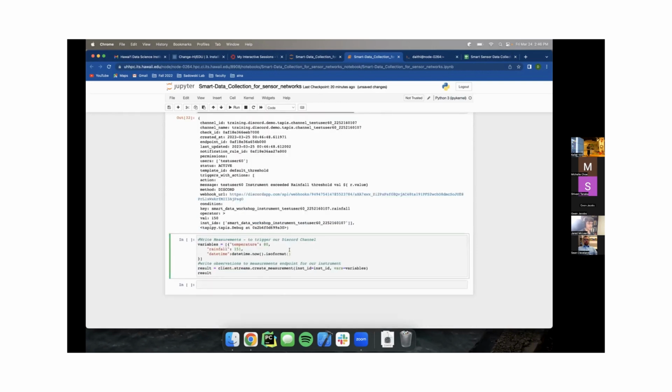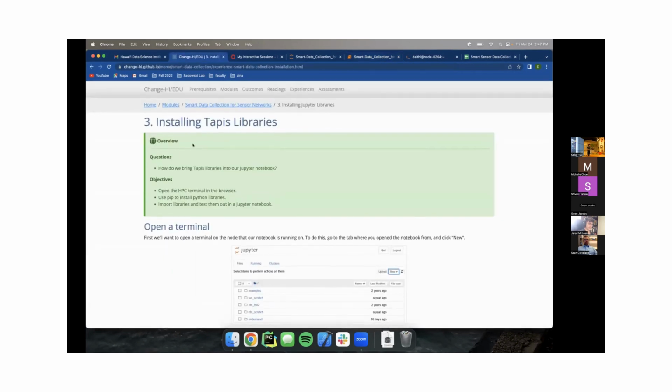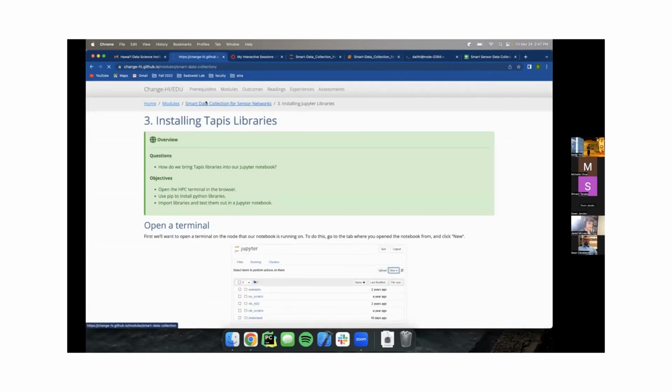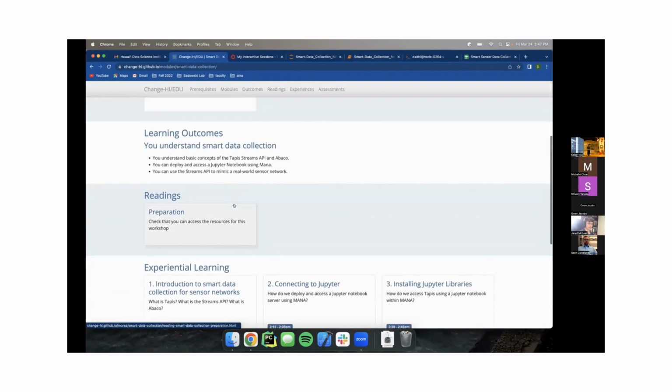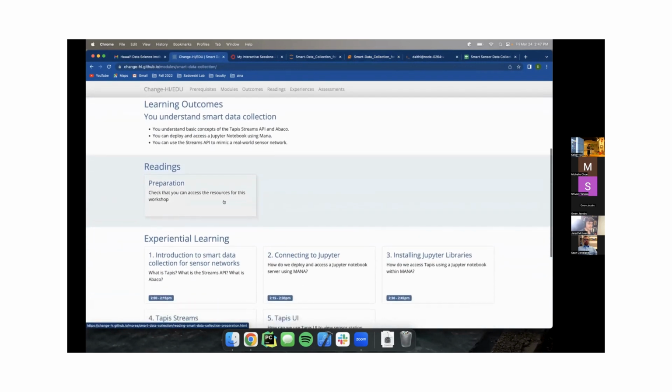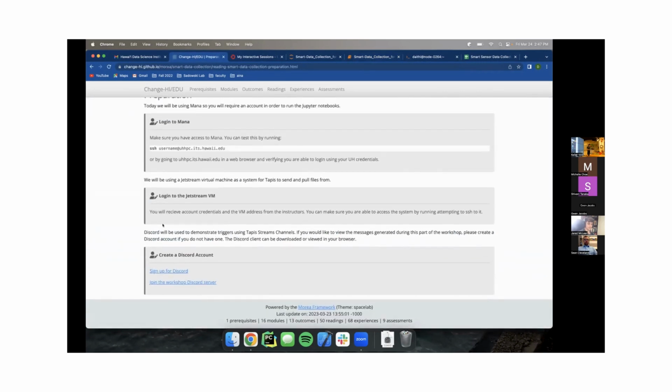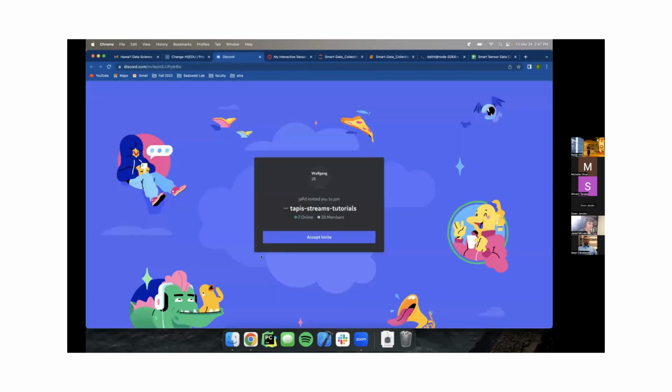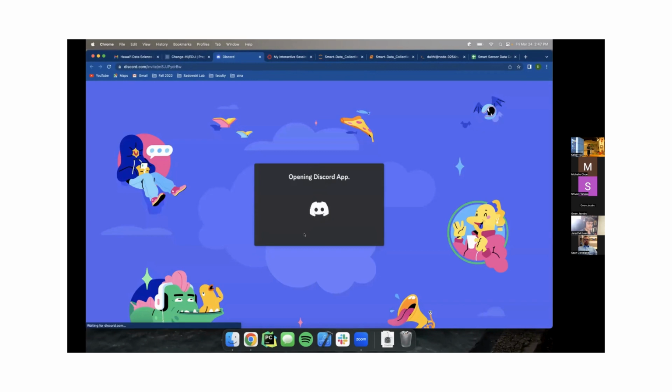And then write those channels to the Discord server. And then we can do, if you guys haven't already gone there, go back to the very first page on the workshop and go to preparation. If you've already signed up for Discord, you just hit this join Discord server, open up the app,